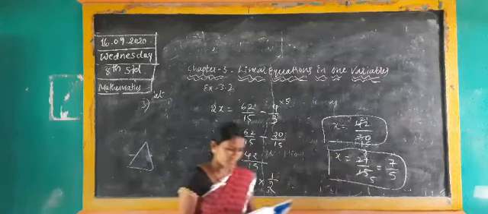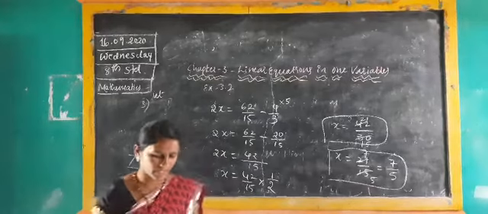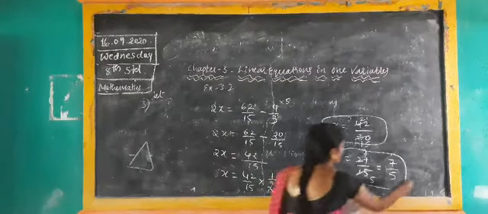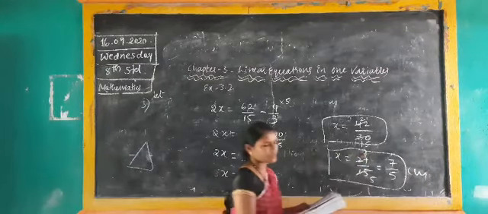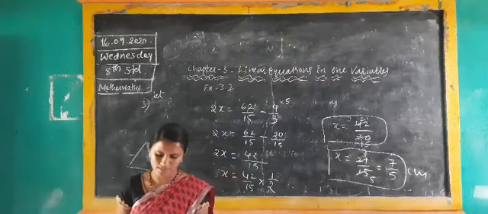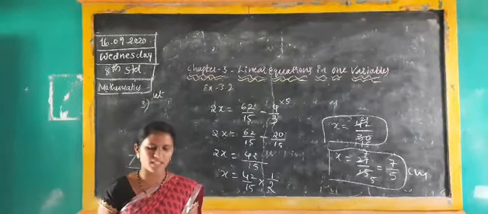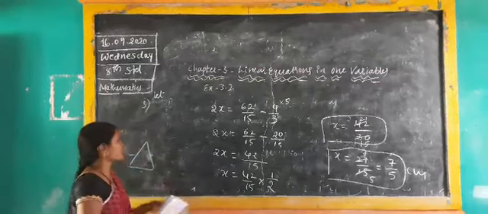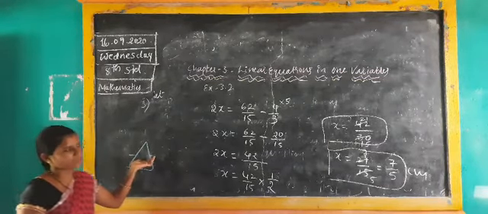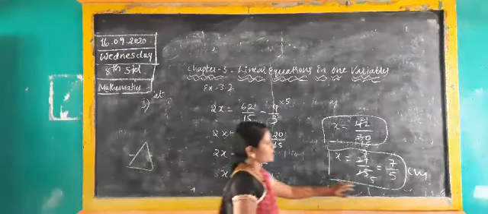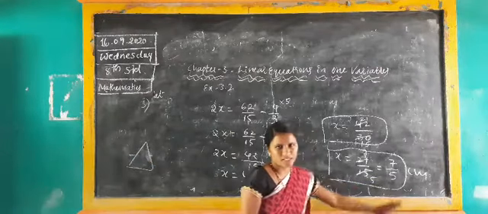Here what they said, it is in the form of centimeter. You should write centimeter. If they have given meter, you should write meter; if centimeter, you should write centimeter. Here the length of either of the remaining equal sides is 7 by 5. Isosceles means both will be the same. That's why you have to take 7 by 5 centimeter for the isosceles triangle.